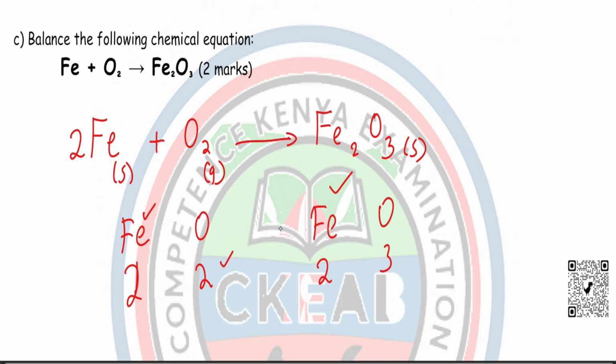But now oxygen is deficient, so let me write 3 here, but it's going to be 6. Now on the right hand side, we have a deficiency of oxygen, so let's write 2. Now we have 6 oxygen, but again we have 4 irons. Therefore, change here and write 4. So the answer is this one. We have 4 iron, 3 oxygen, and 2 iron, 3 oxide. So again, very easy, not hard.